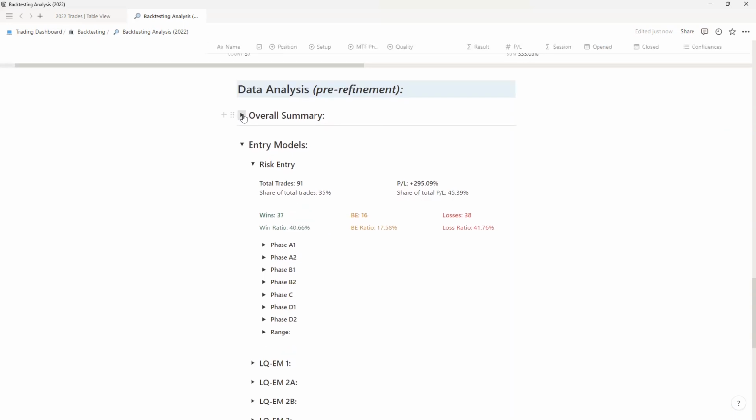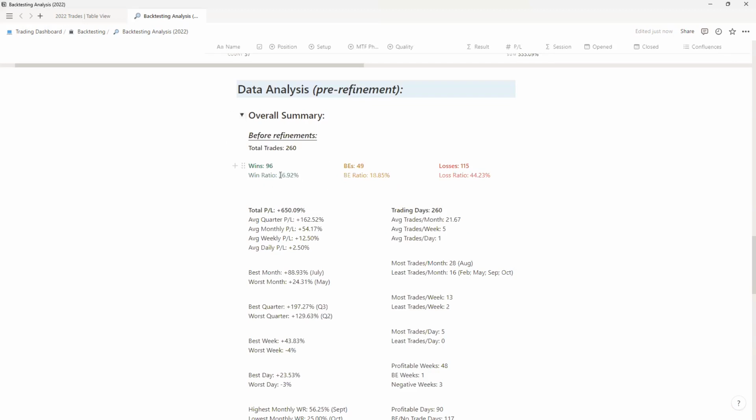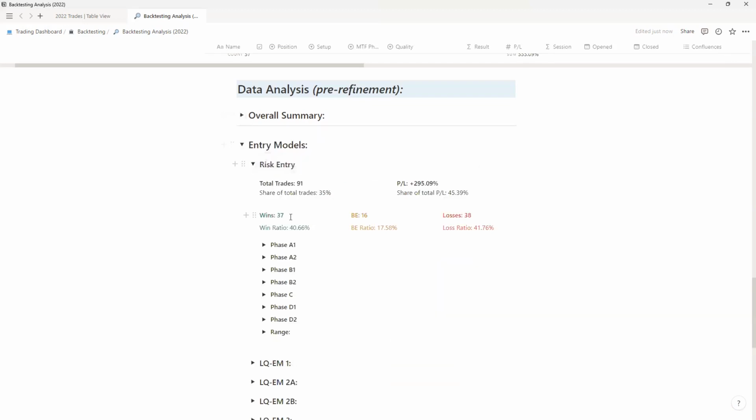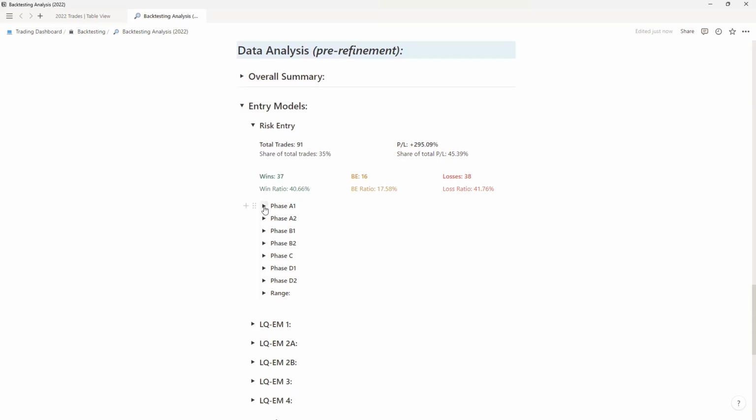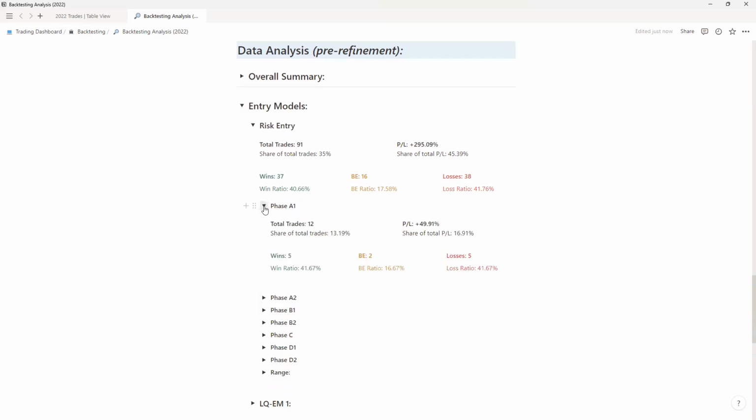Again, something quite interesting now, as you saw, our overall win rate was 36.92, which means our risk entries actually had a higher win rate than our overall strategy. So again, you're already starting to see some interesting data begin to emerge, and then you can go one layer deeper, and you can then look at risk entries in phase A1, for example. Now, phase A1, I actually thought coming into this was the most high probability phase for risk entries, because that's when you're